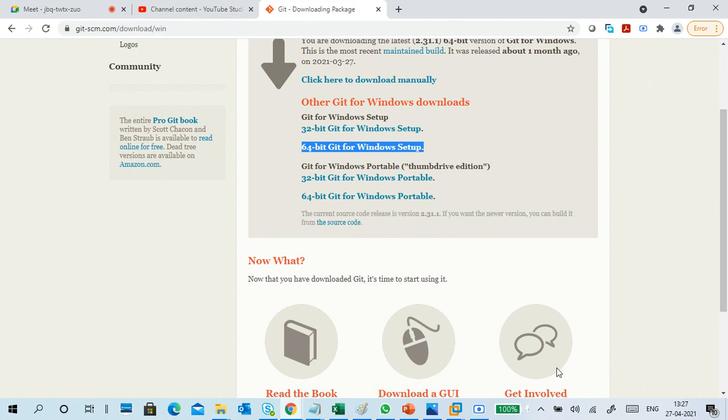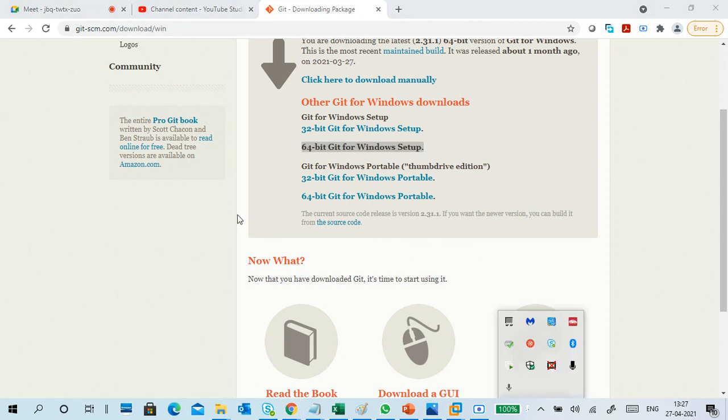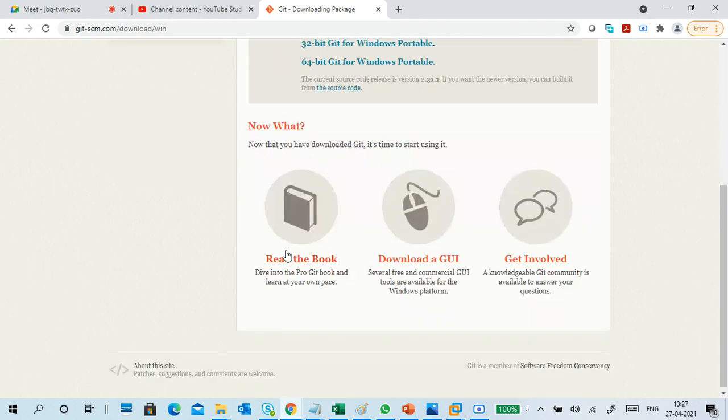It takes time to initiate and open this free download manager and other things. It will take time.